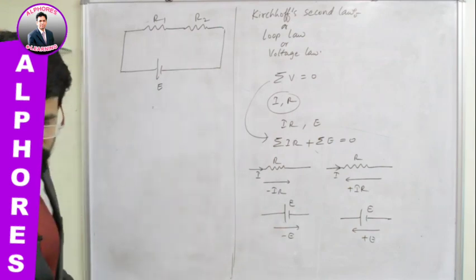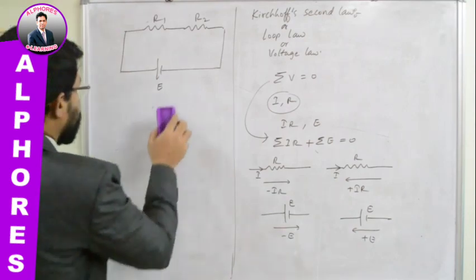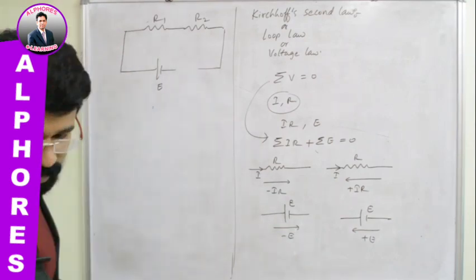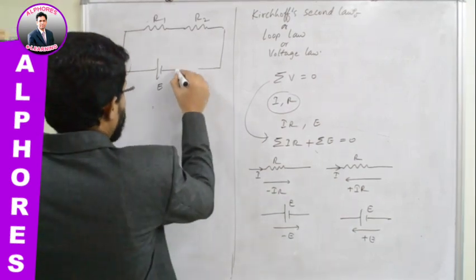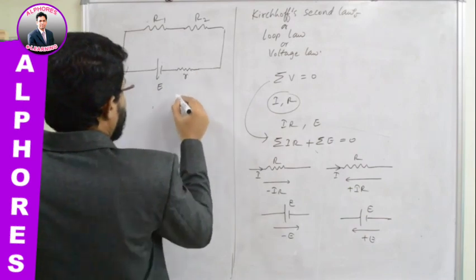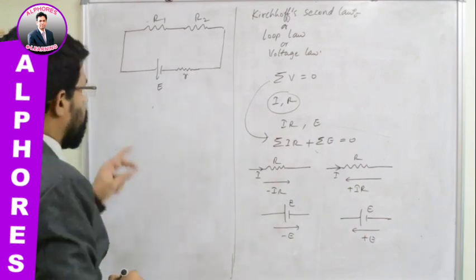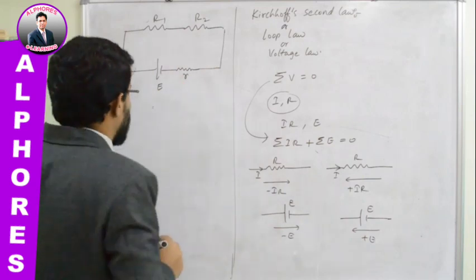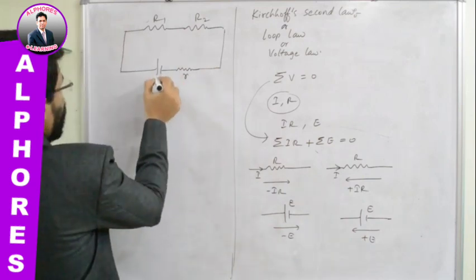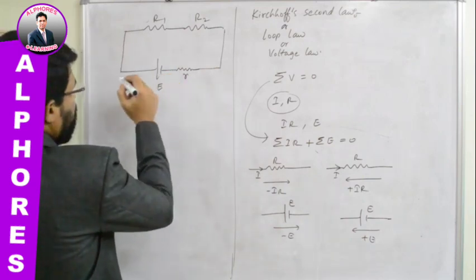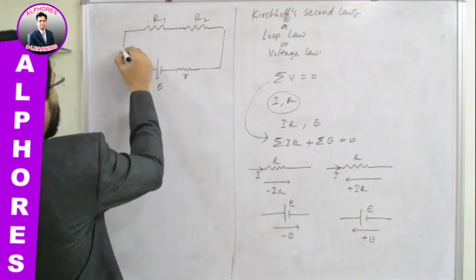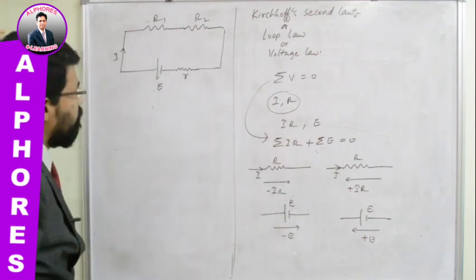Let us say it is having some internal resistance as well. You can write internal resistance here, separately you can write internal resistance. This is the internal resistance of the cell. I have represented that separately just beside this one. Now, because of the arrangement of a cell in this circuit, let us say a current I is flowing.